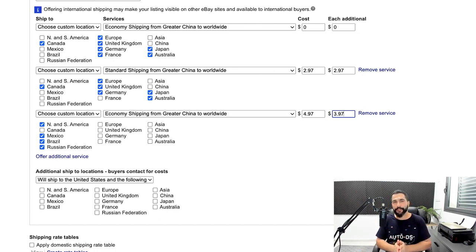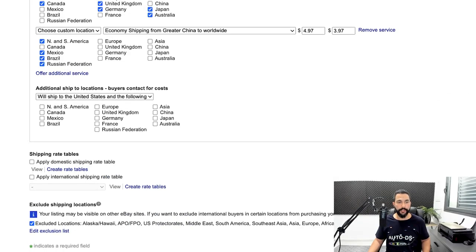Now AliExpress is not going to charge you extra for that. So if your buyer adds a quantity of 2 or 3, you're going to enjoy that extra $3.97 times the item quantity. So these are great ways to also make extra profit on the side while also opening up your listings to the worldwide, meaning many people are going to see your listing and not just in one specific location like the United States. So more traffic to our stores, more sales, and extra profit on shipping services, even though we're using the same. Next, in additional ship to locations, buyer contacts for costs, we will go ahead and leave